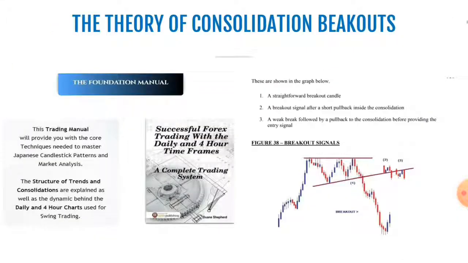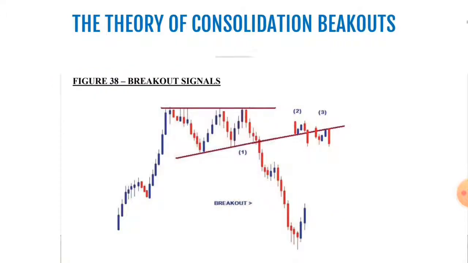Now, going back to the trading manual once again, what you'll find with respect to consolidation breakouts is that the market will start these breakouts in one of three ways. Taking a closer look, the first way is for the market to actually start the breakout with a single bearish candle, if we're talking about a breakout from support, and that breakout will continue until the breakout finally ends at this area here. Second way in which the market can start these breakouts is for the market to head towards the boundary, temporarily pull back inside of the boundary,